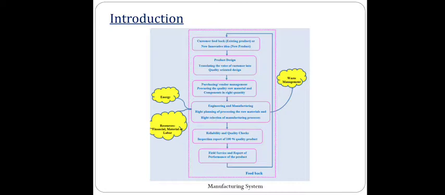into the third part, that is the purchasing and vendor management. That means procuring the quality of raw material components in right quantity, right? Now this is again going to the engineering and manufacturing department. That means the right planning of the processing, that means the raw material is converted into the finished product